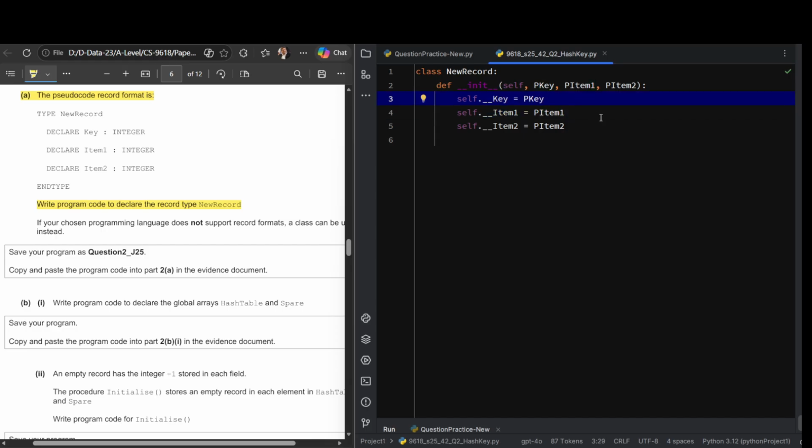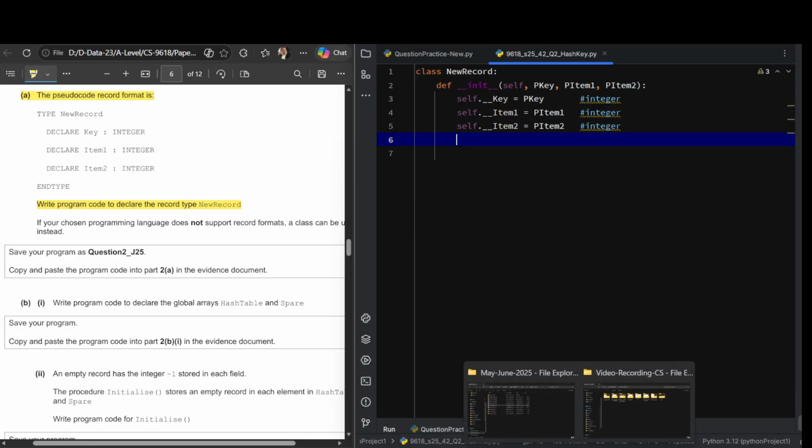To fulfill the Cambridge requirement, we can mention the data type, like integer, as a comment. We can write like this just to fulfill their need. And one more thing that we can do here is